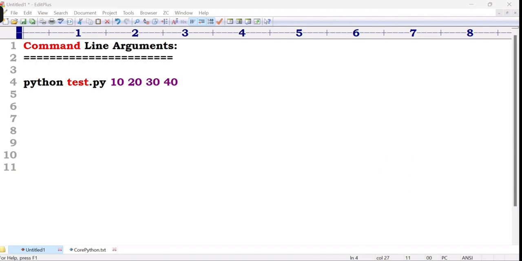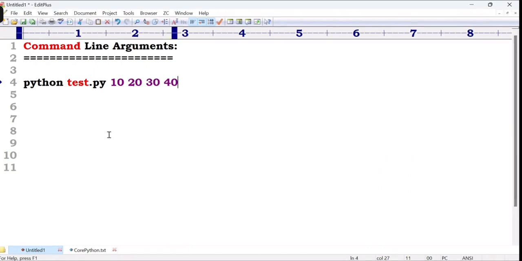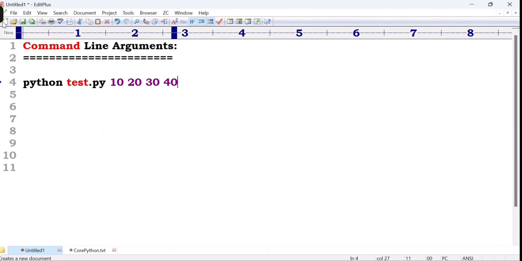Command line arguments. Because with the previous input function, while the program is executing, at runtime, I'm passing values dynamically. But here, I'm passing values through the command prompt. These types of values are nothing but command line arguments. Generally, where are these command line arguments stored? For example,